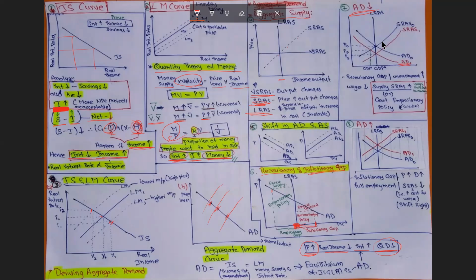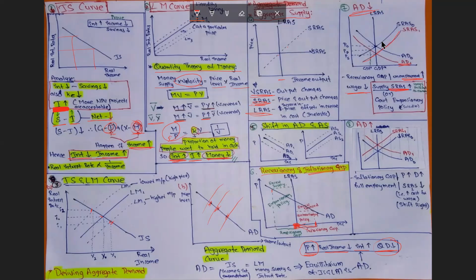When aggregate demand decreases, there is a scope for unemployment and lower wages. The suppliers start reducing the wages. So what happens is the short run aggregate supply curve will increase due to lower cost. The supply curve will shift rightward. Or the government can do expansionary policy when the supply curve moves to a new point, then they can achieve a new point where they can again achieve the nominal or real GDP.